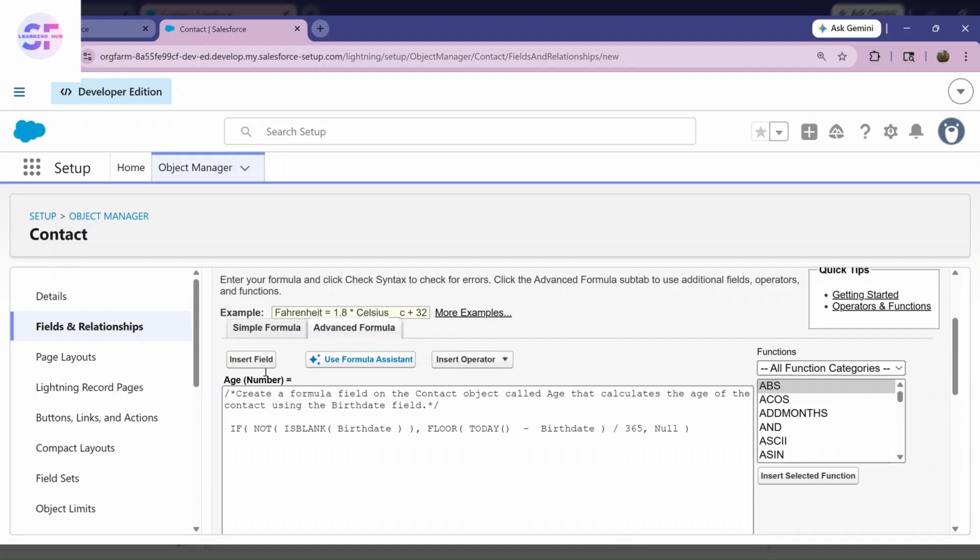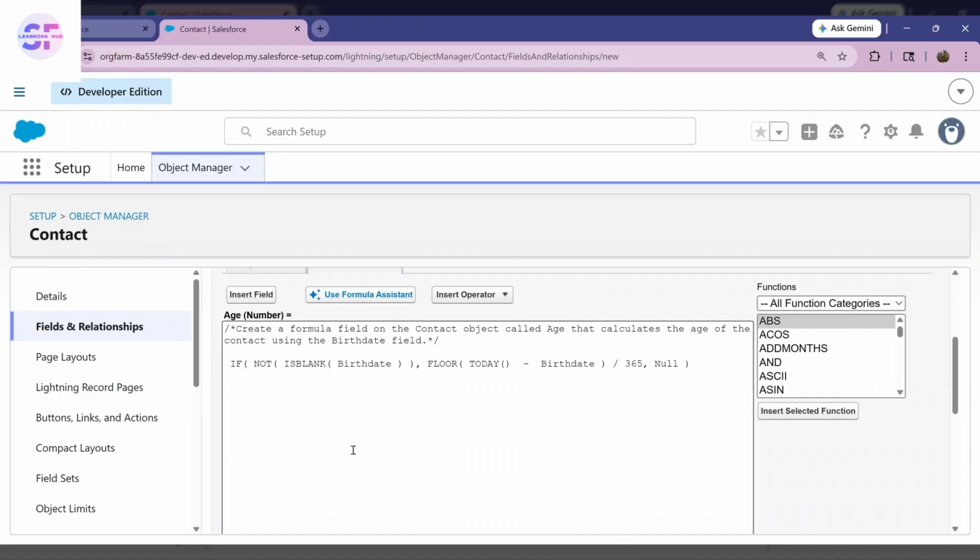What I have written in the formula, I'm going to explain it. So here this formula calculates the age of a contact in years based on their birthday. So first I have checked if the birthday field is not blank. So I am using NOT ISBLANK